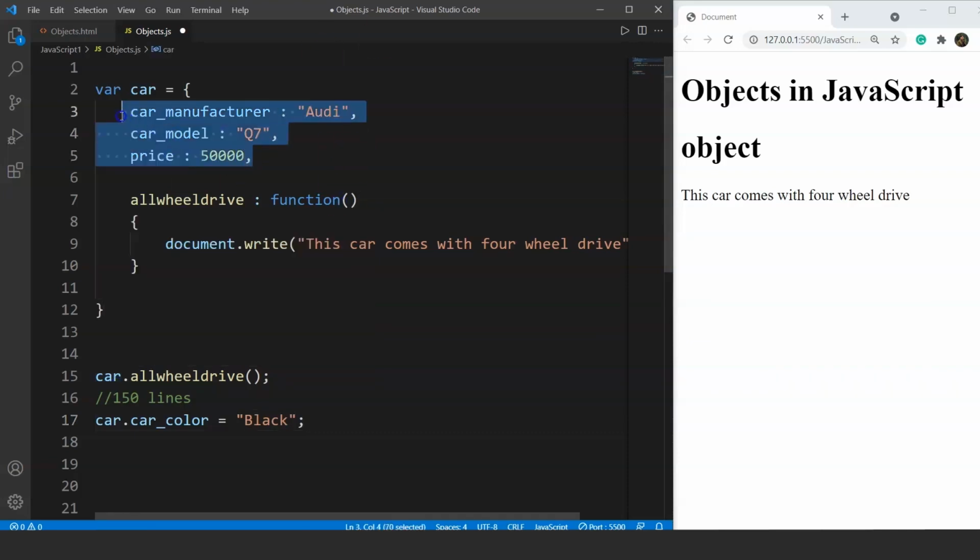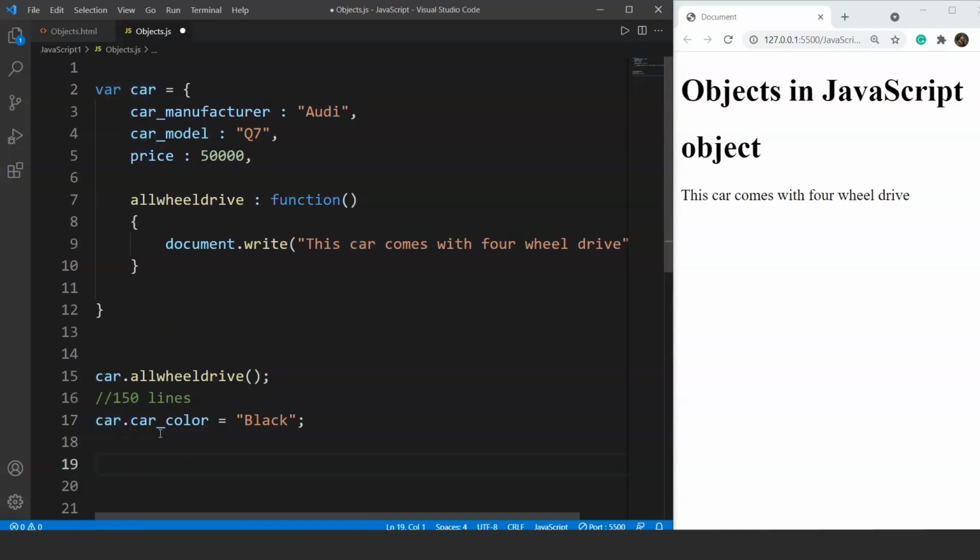Initially we had three properties. Now this line will add one more property to this car object. We are using the same object name, car, that has three properties over here. Now we have added one more property to the object car.